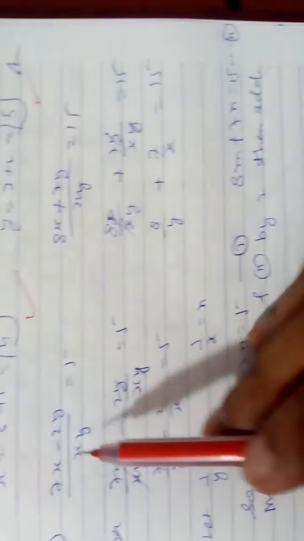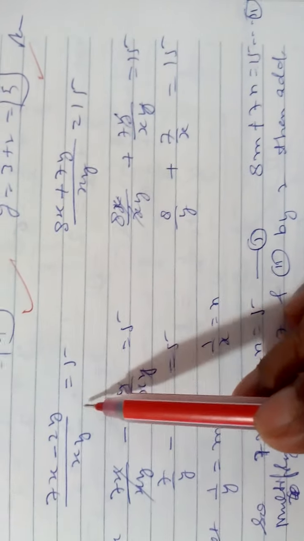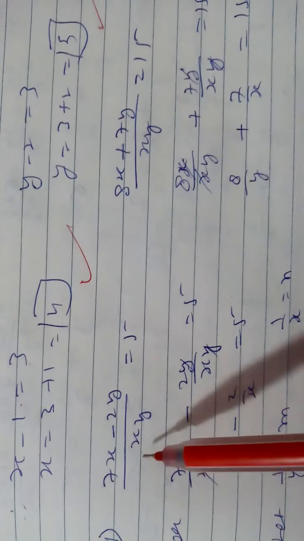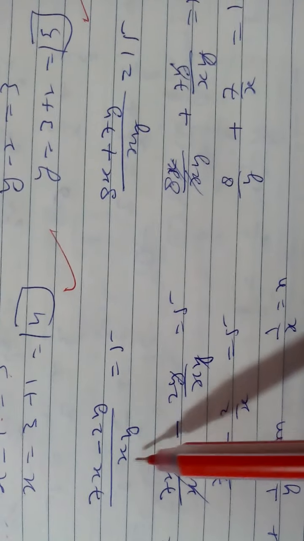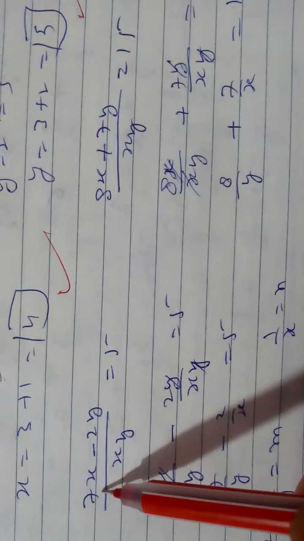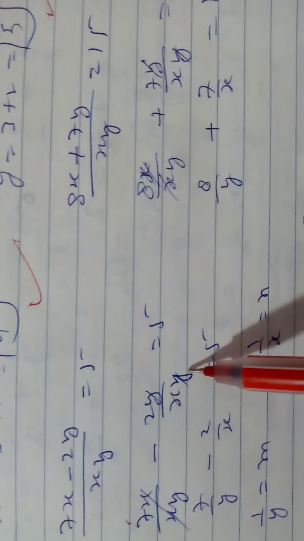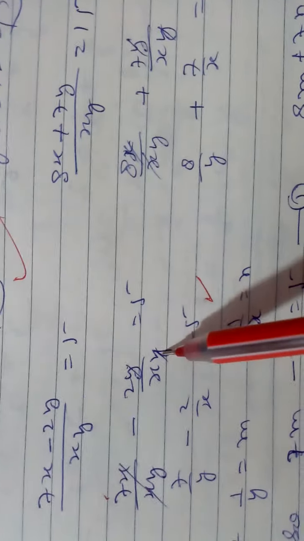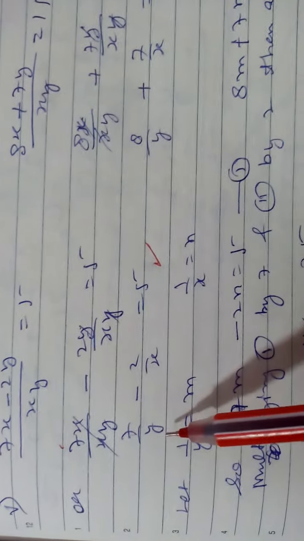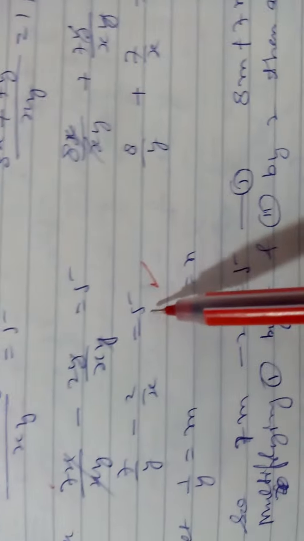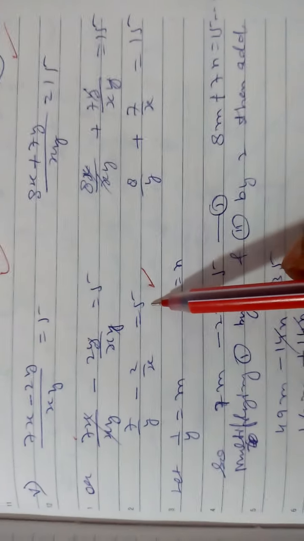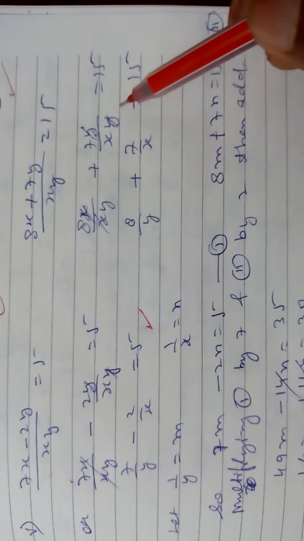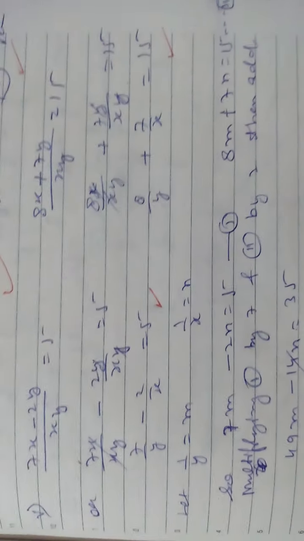Fifth part is given like this. Denominator has xy. Fifth part of your book. But this is not a fraction, so you can write both separately. Xy under this same. First you separate the equation and get this type of equation. X and x cancel, y cancel. So you are getting 2 upon y minus 2 upon x equal to 5. Here also both the denominators separate. X cancel, y cancel, you are getting this.